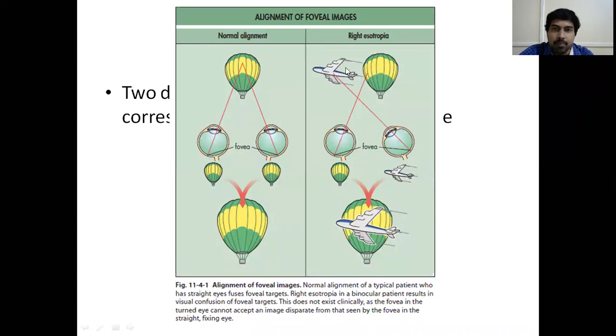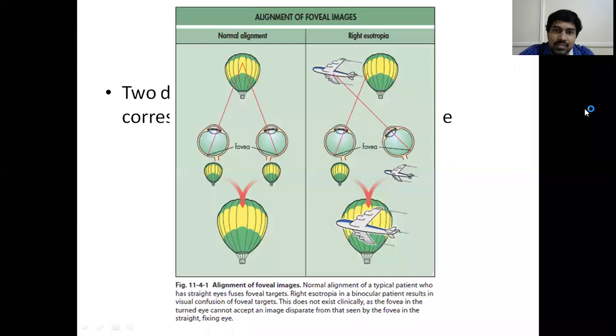Now suppose beside this parachute, an airplane is flying in the sky. On the fovea of this right eye, the x-axis, y-axis, and z-axis will exactly correspond to the parachute. So this eye will be seeing the parachute. The x-axis, y-axis, and z-axis of this other eye will be seeing an aeroplane. So now one eye will be seeing a parachute, the other eye will be seeing an aeroplane. To the brain, one eye will send an impulse of a parachute and the other eye will send an impulse of an aeroplane. So the brain will be confused as to what it is seeing. So here the brain is confused. We are not confused, and you also don't get confused.